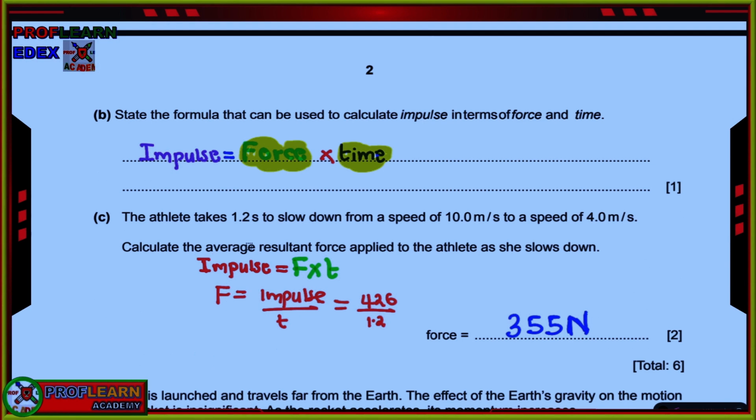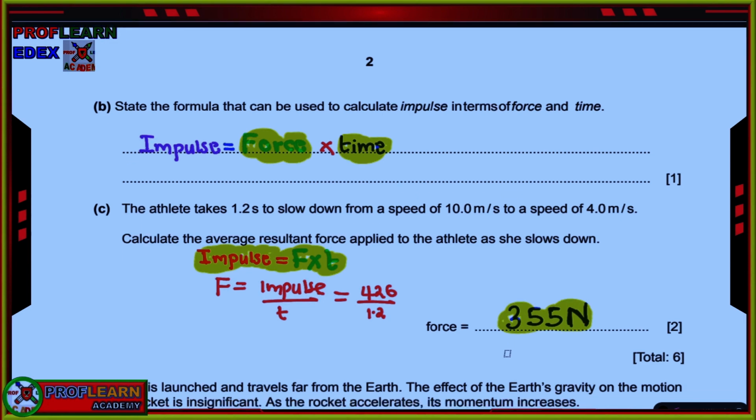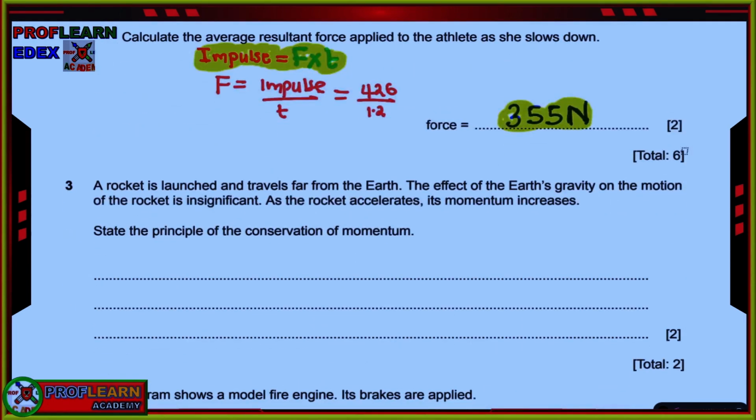So that's the formula we're going to focus on, and if we substitute it here, we are going to get our final answer as 355. These are past paper questions from Cambridge, and this is how questions are asked, and you really need to understand